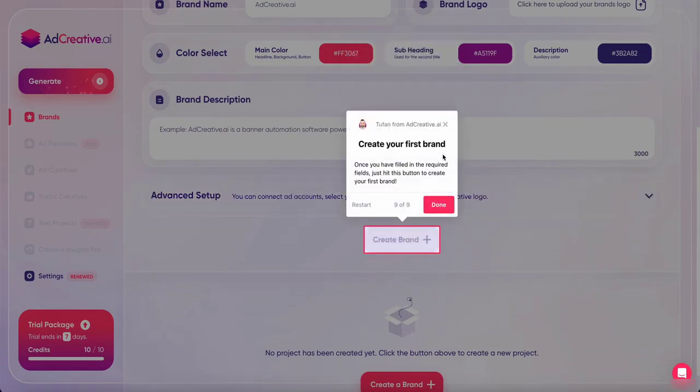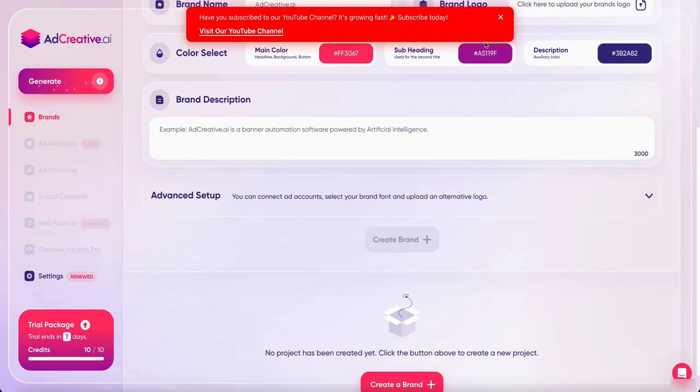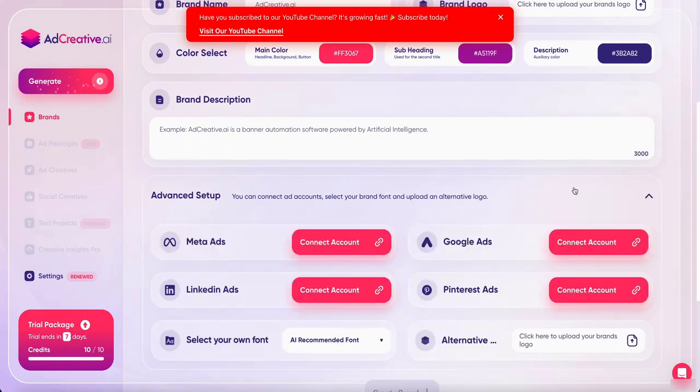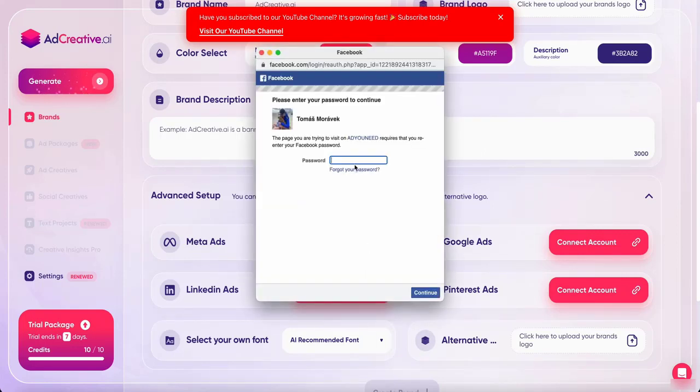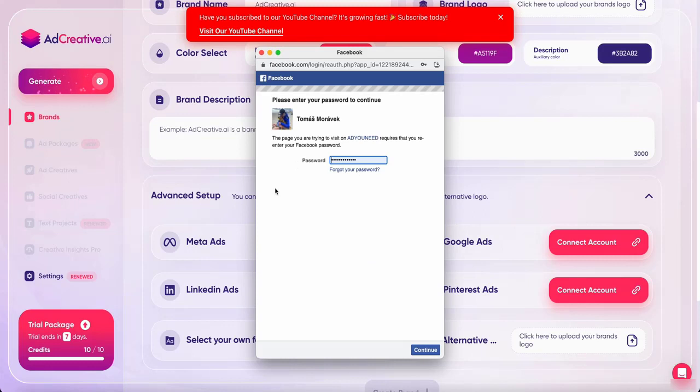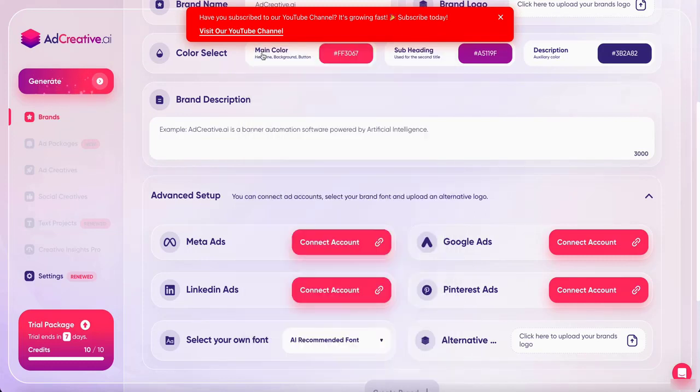In the advanced setup, you can also connect your social media accounts or Google accounts. When you click on it, you are naturally guided to enter your password, choose add account, and connect it.